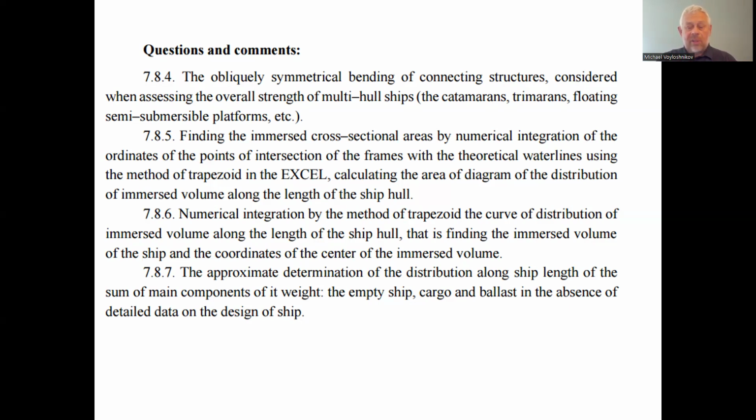7H6. Numerical integration by the trapezoid method of the curve for distribution of immersed volume along the length of the ship, finding the immersed volume of the ship and the coordinates of the center of the immersed volume. This is a formal explanation of how to find the submerged volume, having the distribution along the length of the areas of the submerged transverse sections of the ship hull. We use the trapezoid method when we find the total of the submerged areas. In the considered issue, we had 21, from 0 to 20, which is 21 sections. Formally, we have: